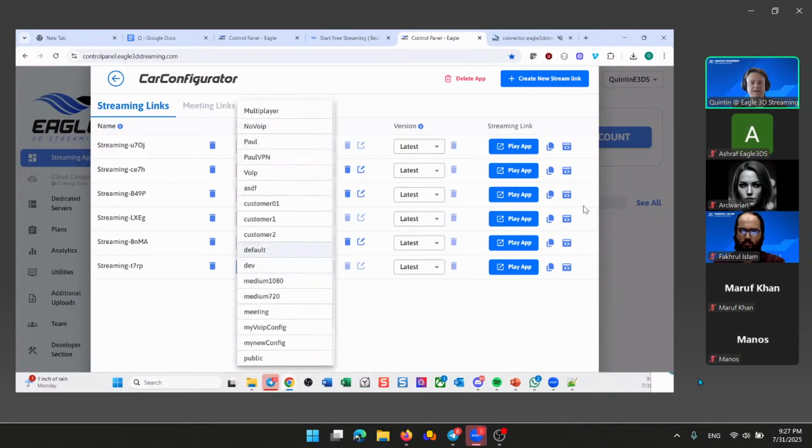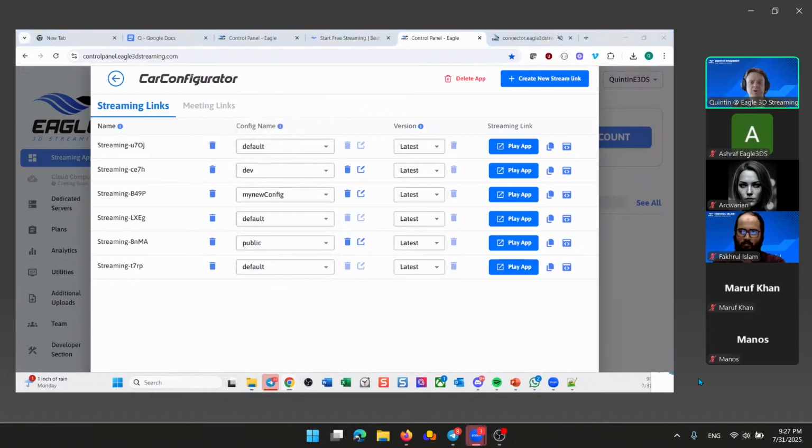I'm going to go over briefly a few of the features that we see are typically the most popular. And then, of course, as usual, if there are questions about a more sophisticated or more in-depth feature, you can always just ask a question and we'll try to get you an answer. Or if it's crazy technical, then we'll connect you with our support team and we will get it sorted for you. The way that the system works is you can create a config, which is essentially a preset